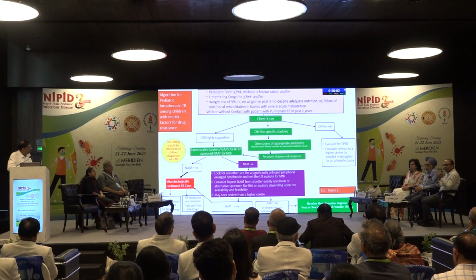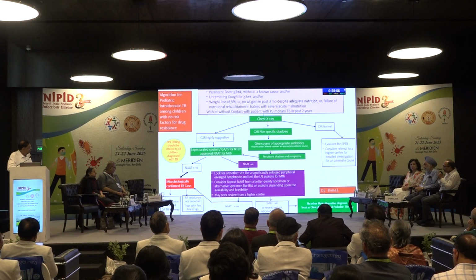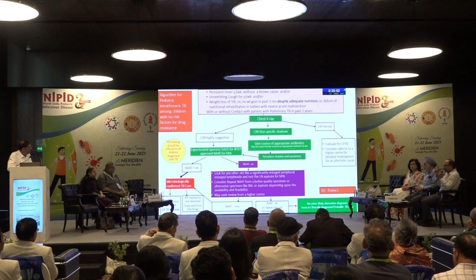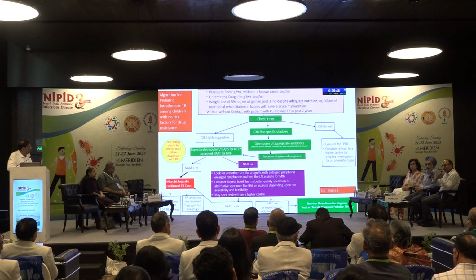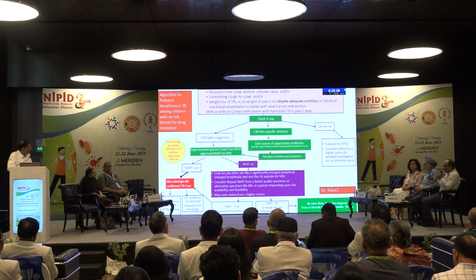Maybe an abdominal lymph node is so big that you can do a tap from there, not here. So that investigation can be done. So look for other sites where you can investigate, and consider a repeat NAT, more so if you do not have evidence to suspect multi-drug resistance on history. In that case, a repeat NAT can be done, but if there are otherwise indicators also, then this alone